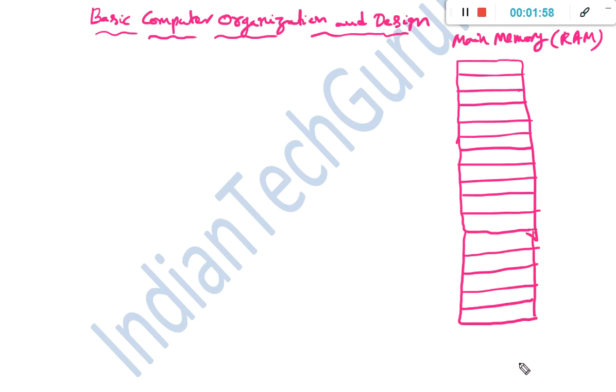Okay. So for example, I have written a C program. So any program is nothing but a set of instructions. So these set of instructions will be stored somewhere in the main memory.